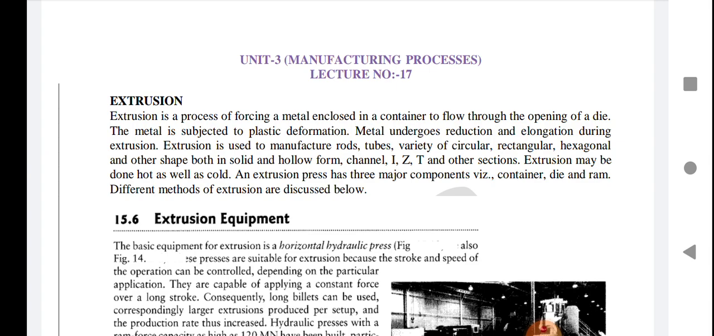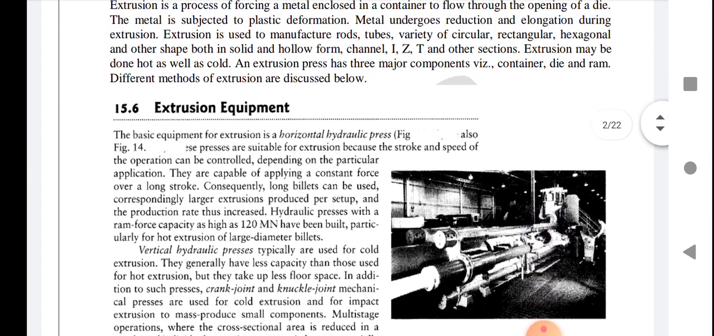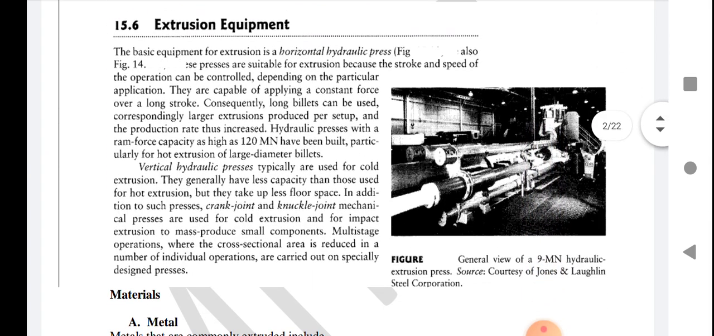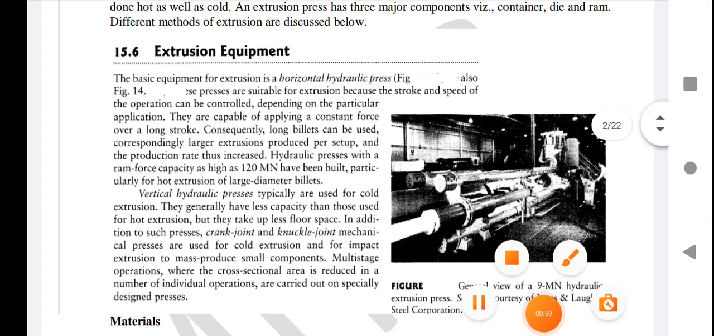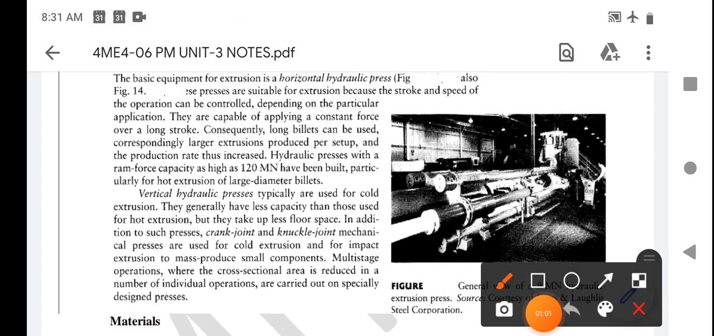The extrusion press has three major components. First is container, second is die, and third is the ram. The different methods of extrusion are discussed below. First is extrusion equipment. In extrusion equipment, we use hydraulic machines, hydraulic presses, as shown in this figure. Also, these presses are suitable for extrusion because the stroke and speed of the operation can be controlled depending on